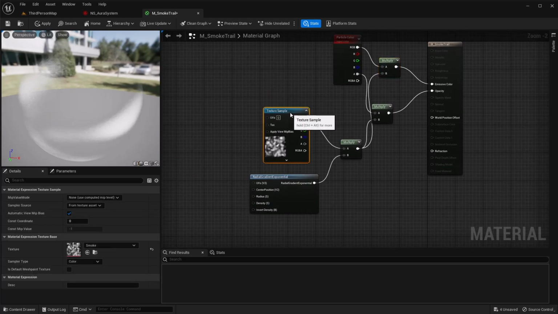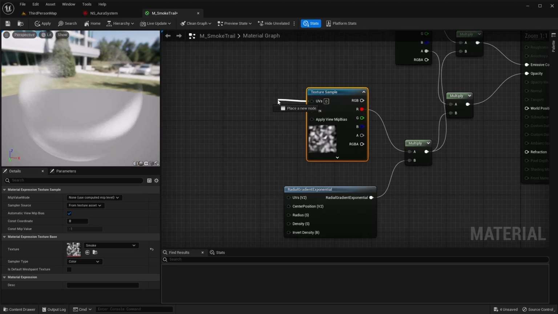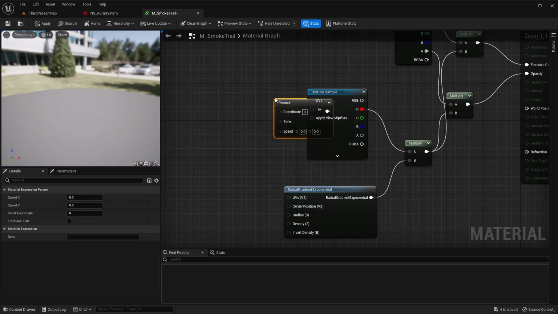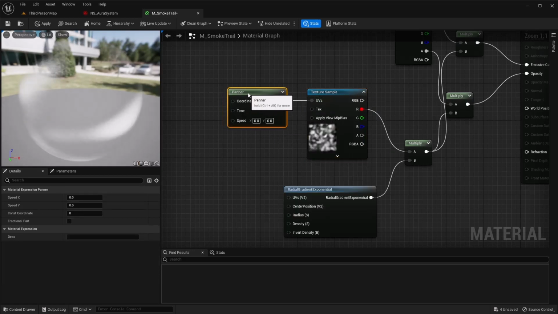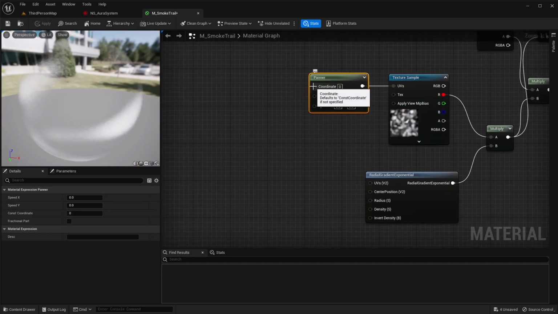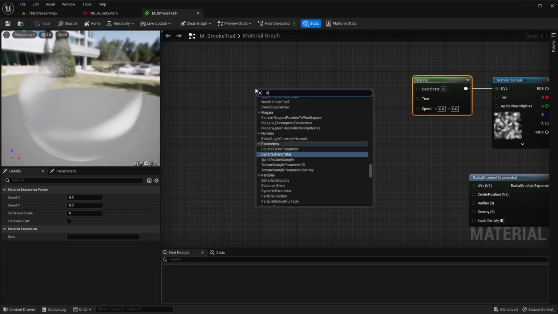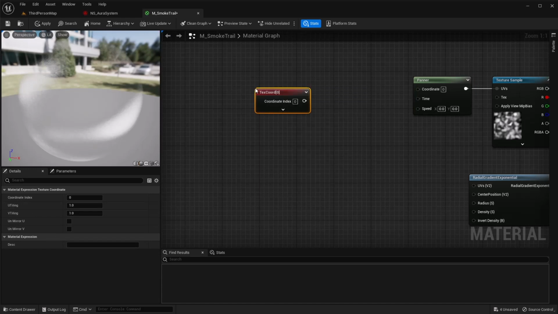We want to add a little bit of animation and randomness to this material so it's not just that same thing repeating over itself. So out of your UVs, go ahead and get a panner. And then for the coordinates of this, we're going to use TexCoords.